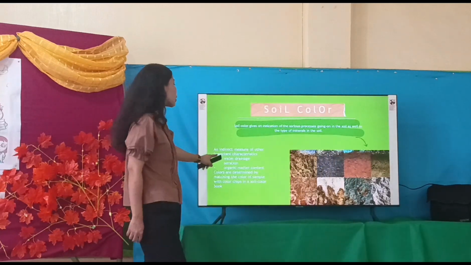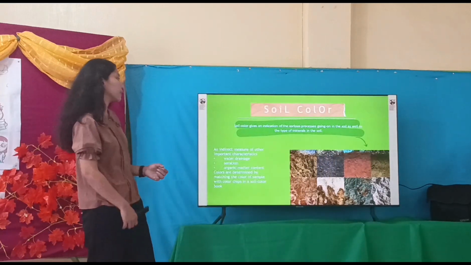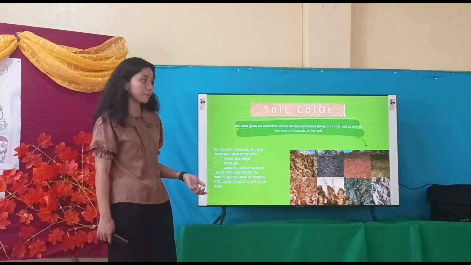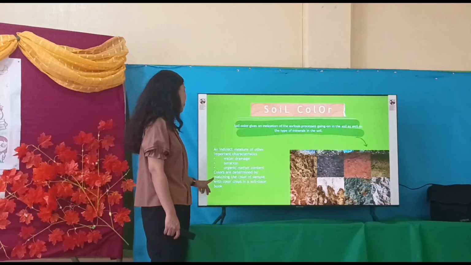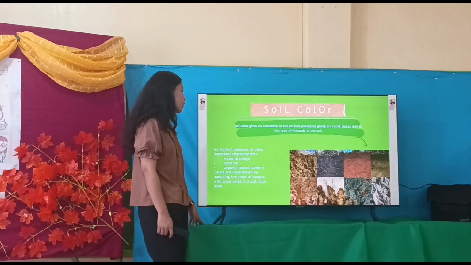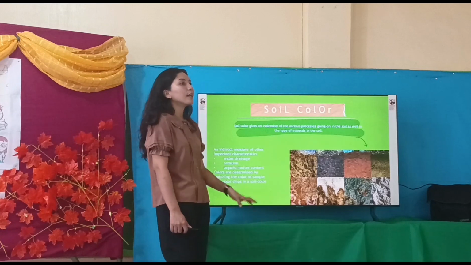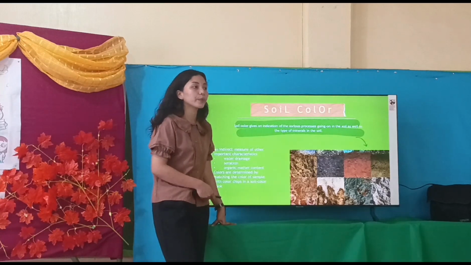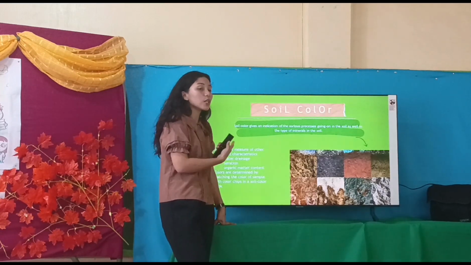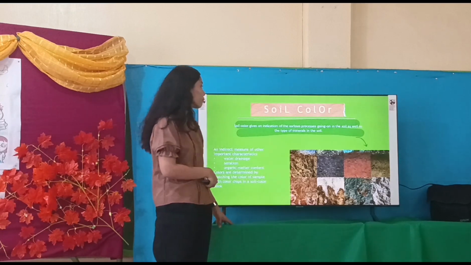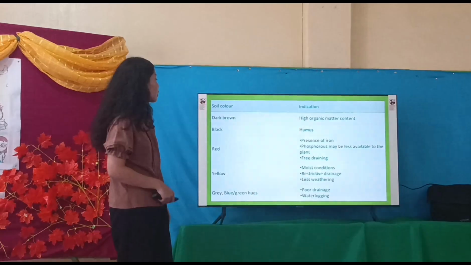Okay? An indirect measure of other important characteristics is water drainage, aeration, organic matter content. Colors are determined by matching the color of sample with color chips in a soil coloring book. So parang may pinagbabasehan tayo na table about dito sa color ng soil. So here,